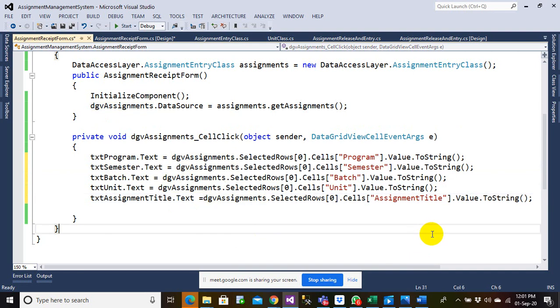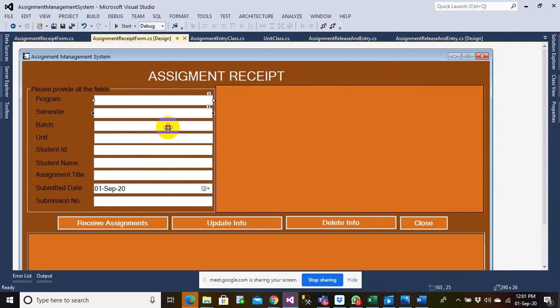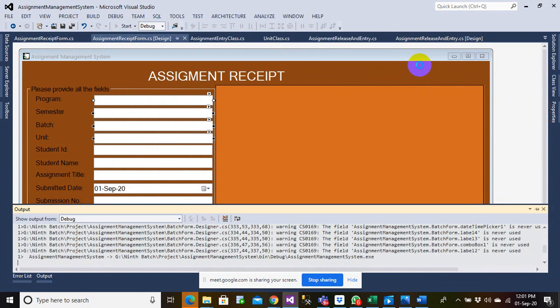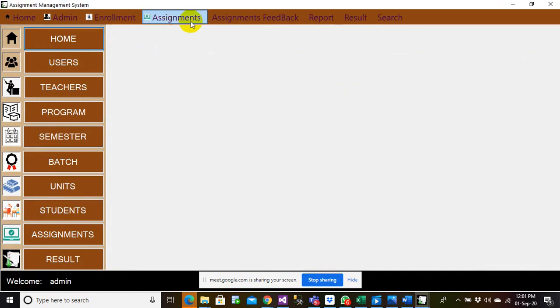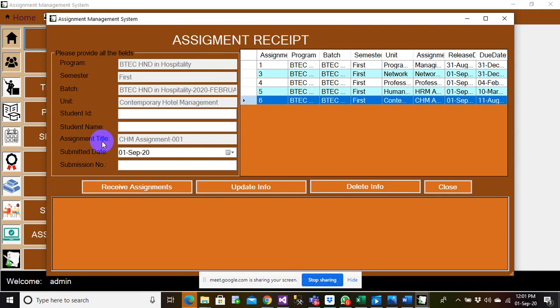Let me run and check this now. Let me disable this all. Let me run this again. Let me go to assignments receipt, and I get everything populated here.